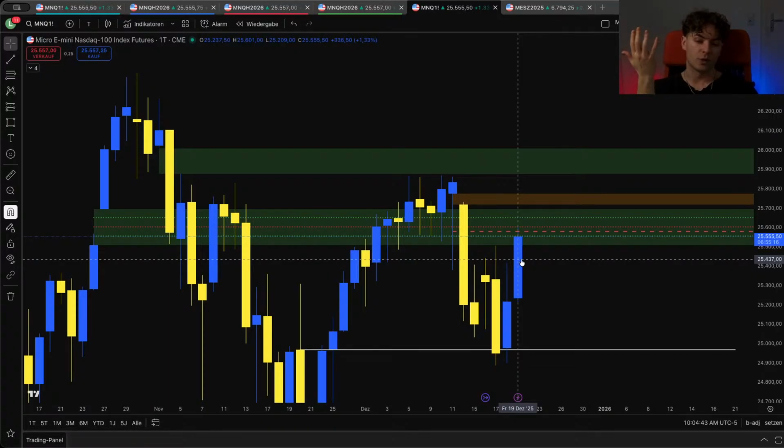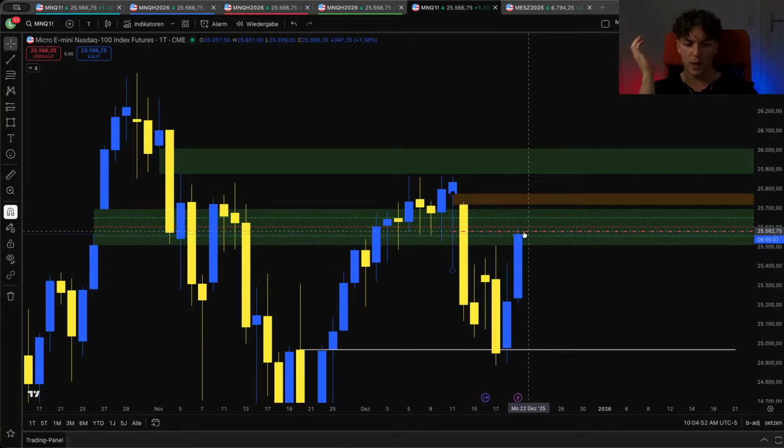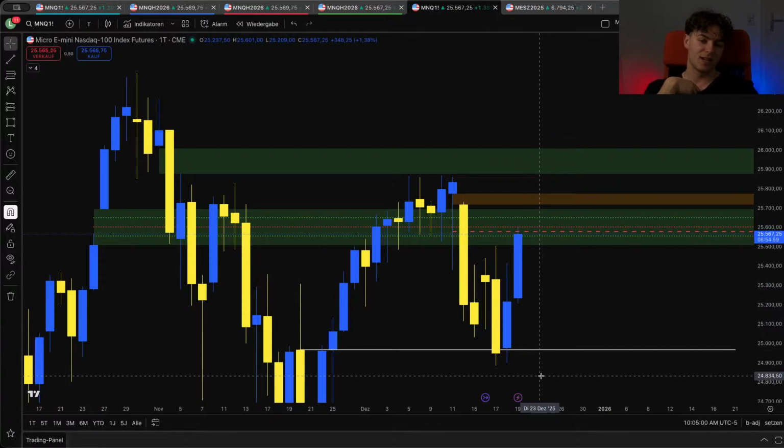I mean, we could also see all of this price action here later on be a wick, and we close all the way down below this open right here and then head down lower. I mean, that still could happen, but